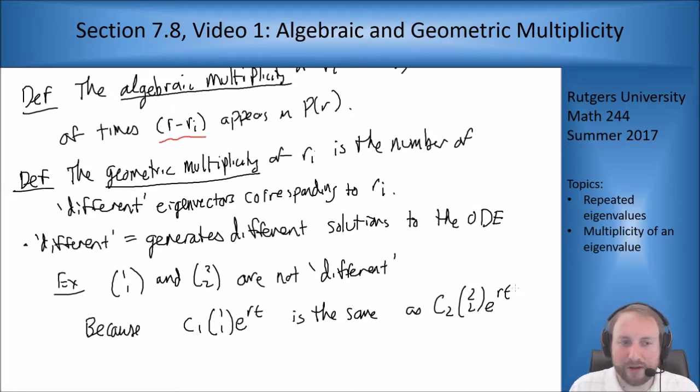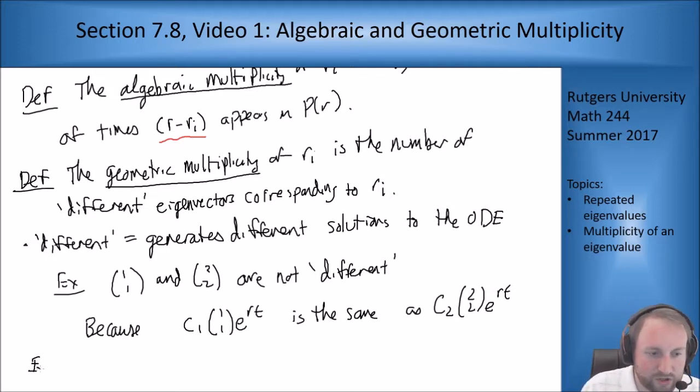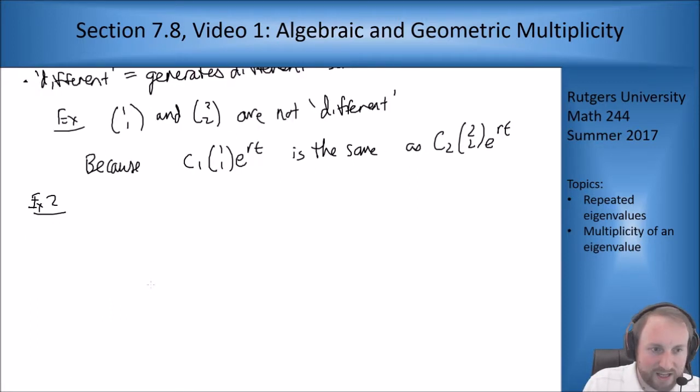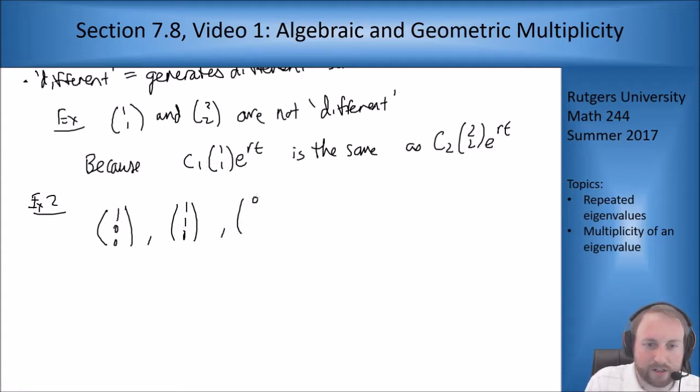Now, in 2 dimensions, that's all you can get. That's the only way things can be the same, is if they're multiples of each other. In 3 or higher dimensions, it gets a little strange. So example 2, just to illustrate the point: if I look at the vector (1, 0, 0), the vector (1, 1, 0), and the vector (0, 1, 0),